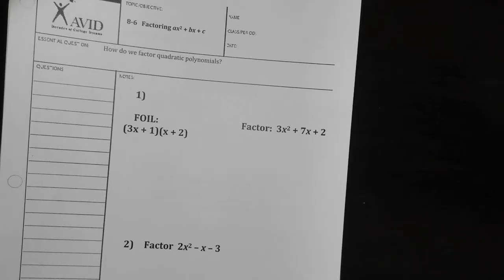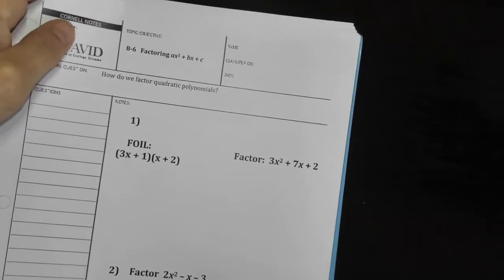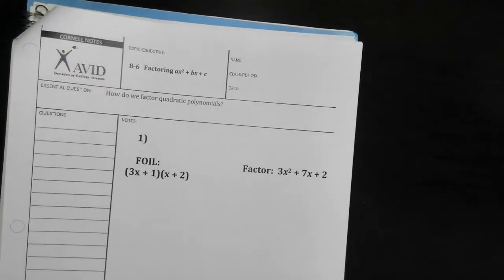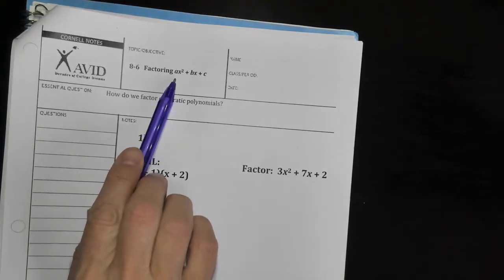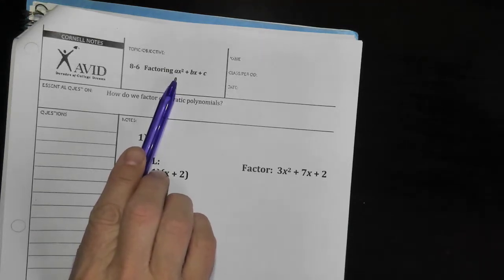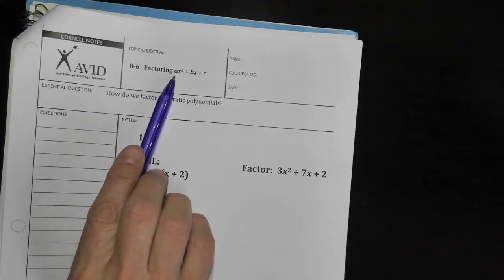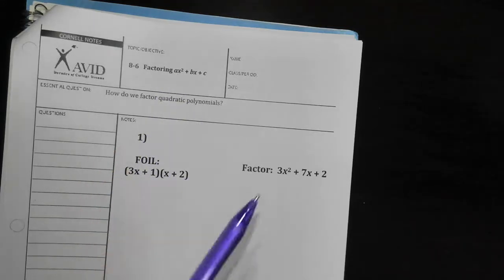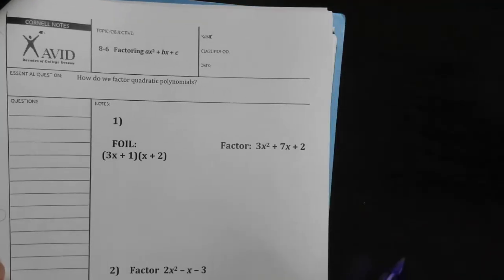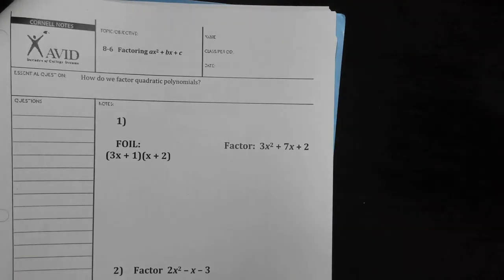Hi, everybody. So, yesterday we worked on factoring quadratic trinomials that had just a 1 as the coefficient in front of the first term. So, today we're going to look at factoring quadratic trinomials that have a number other than 1 at their front. And I'll be honest with you, this is just going to take some guess and checking, some educated guess and